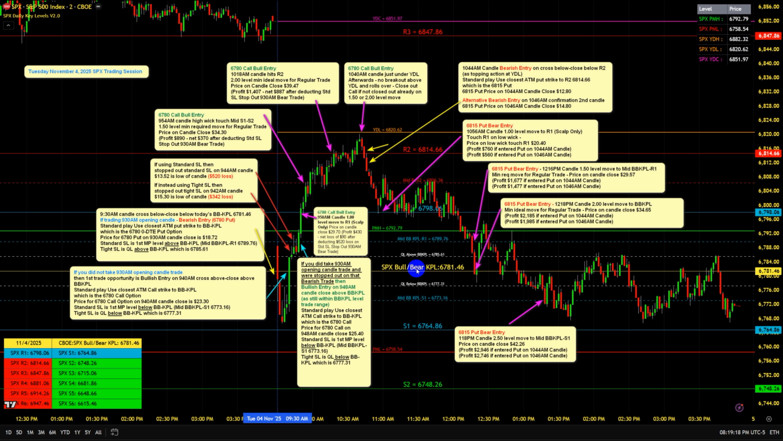67.8146 is the level that we're trading, the bull bear KPL. The closest at the money strike to that for SPX is 67.80. This is a bearish entry signal, so that's a 67.80 put. The price for the 67.80 put on the 9:30 a.m. candle close is